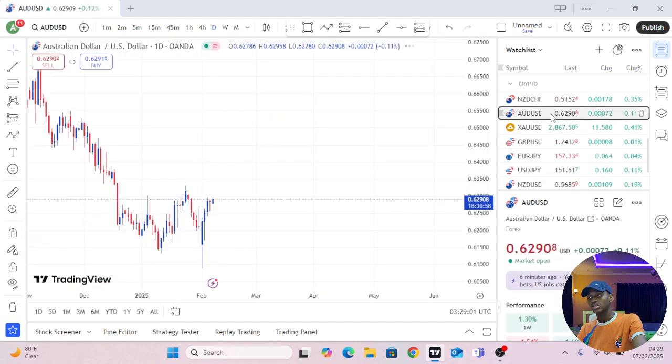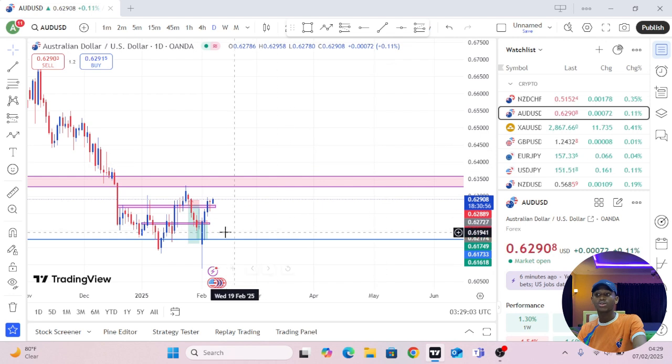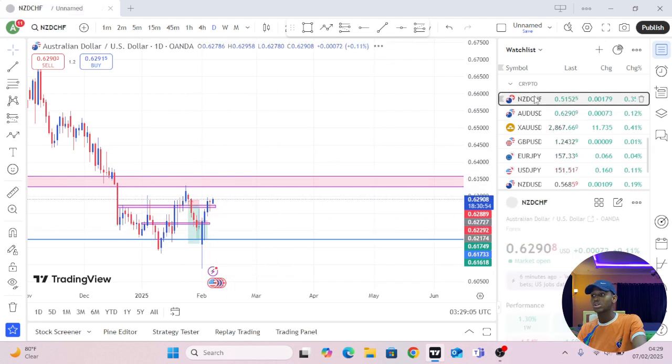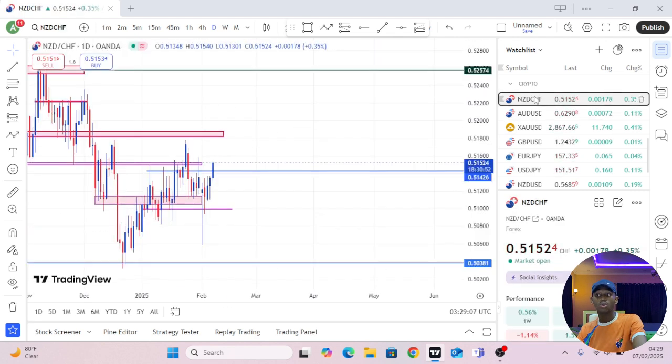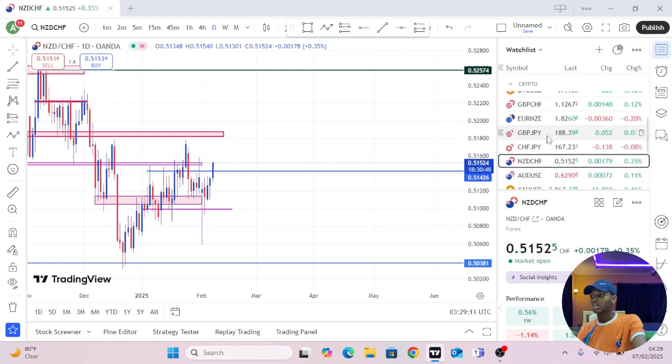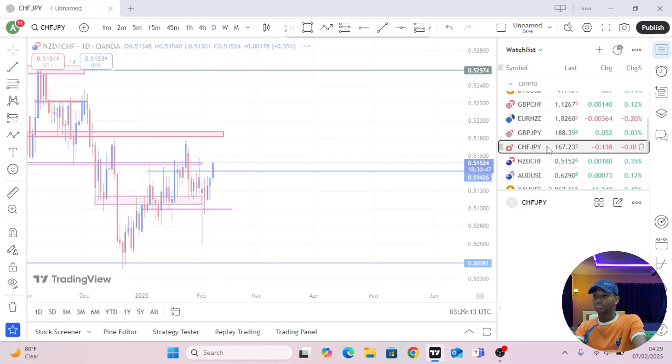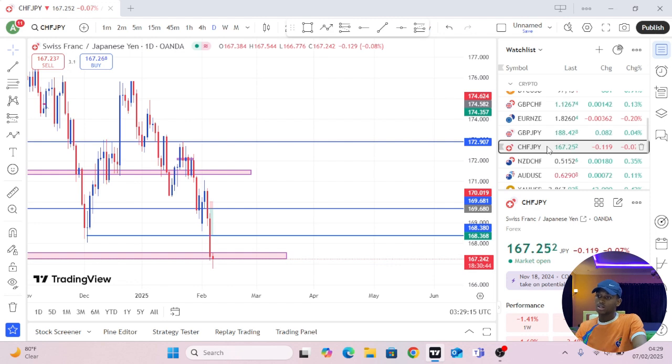And AUDUSD, I don't think I'm expecting anything from AUDUSD. I'm not expecting anything from this trade. NZDCHF, I don't think I'm expecting anything either from NZDCHF. CHFJPY, oh boy,